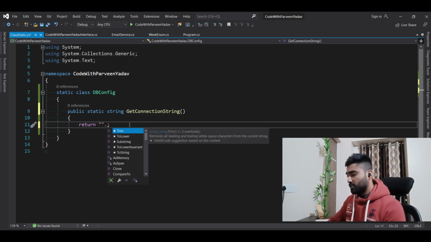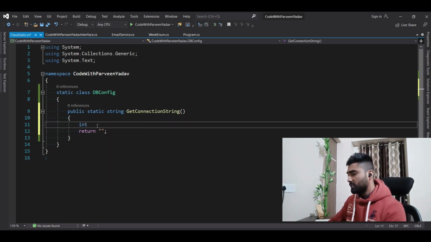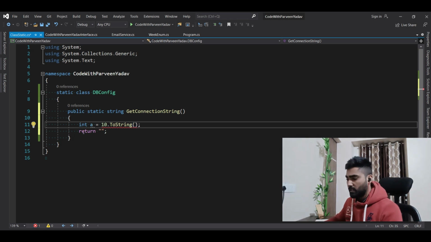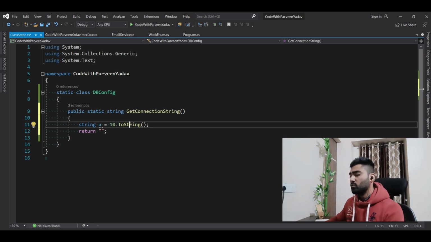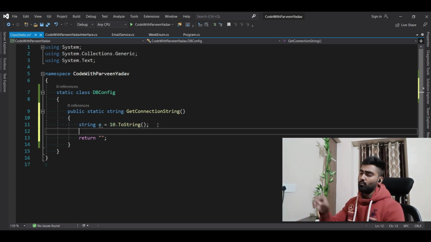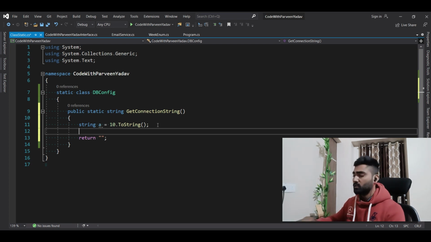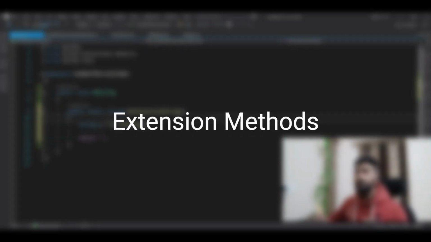For example, let's say there is an integer a, some number, and you want to convert this into a string, right? So this was the number, but you converted it into a string. Now you wanted to create something like this, with that dot, and access all that functionality, right? So what you will do is create an extension method for those, and a static class will help you to